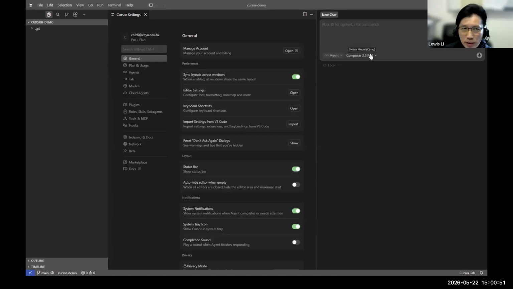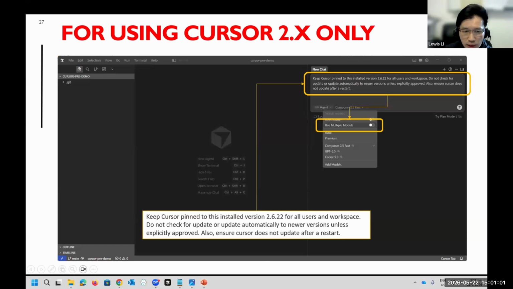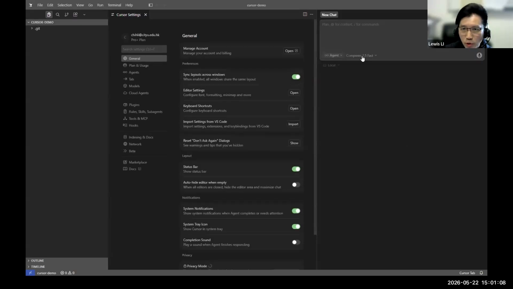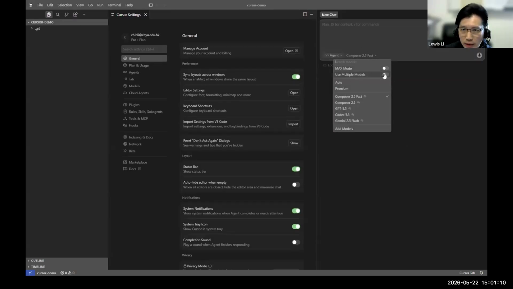So from here in this version, you can see from here. Let me close and then activate the cursor again. Because if I use the old version, I will be able to select this use multiple model. Okay, this option here. If you use the latest option, you won't have this option, use multiple model.